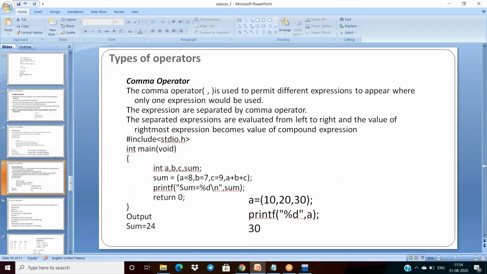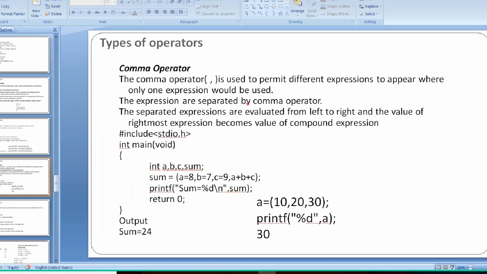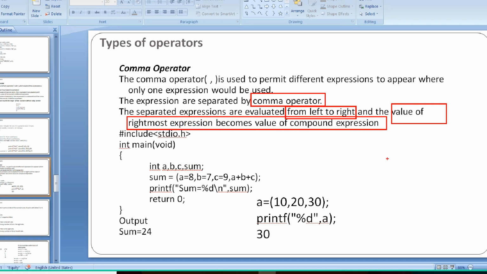So how is comma evaluated? The expressions are separated by the comma operator. The separated expressions are evaluated from left to right, but the value of the rightmost expression becomes the value of the entire expression.